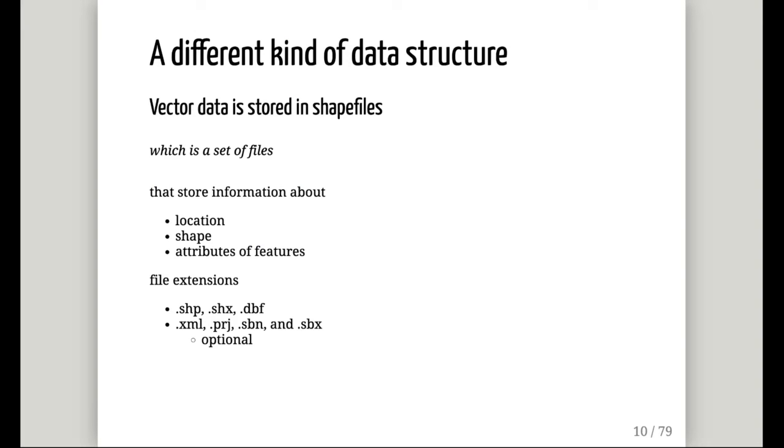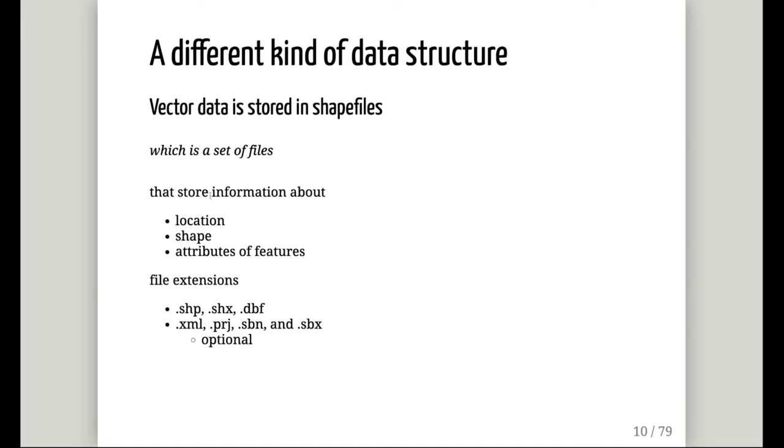Now, vector data is stored in a very different kind of data structure. By different, I mean if you've worked with CSVs or Excel files, the data is in a table format, which is in a single file. Here, data is stored in something called shapefiles. And shapefiles are not just a single file, they are a set of files. So that's the most important thing to remember from this slide: when you think shapefiles, you're thinking